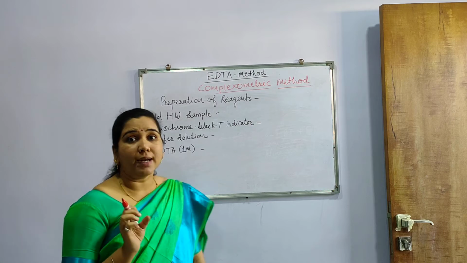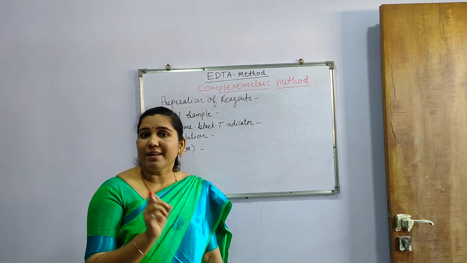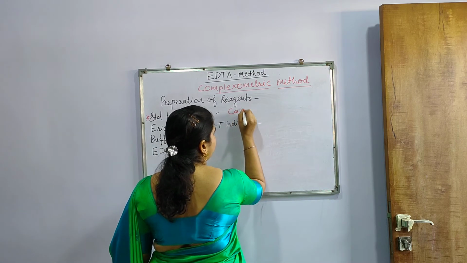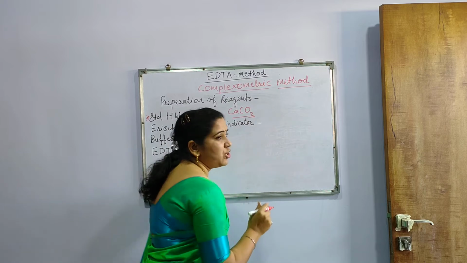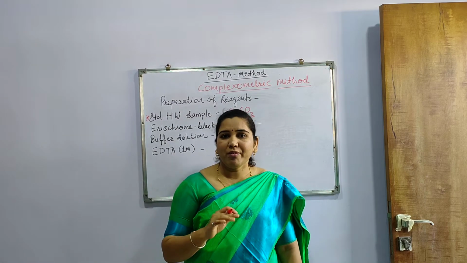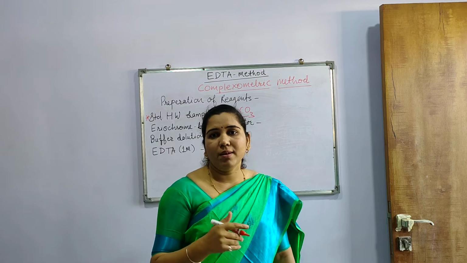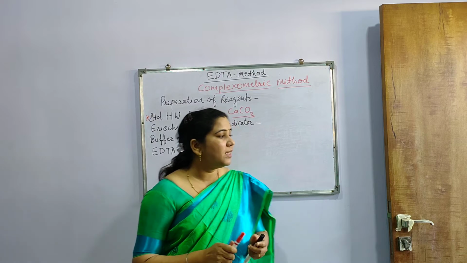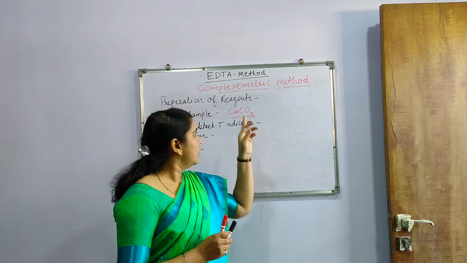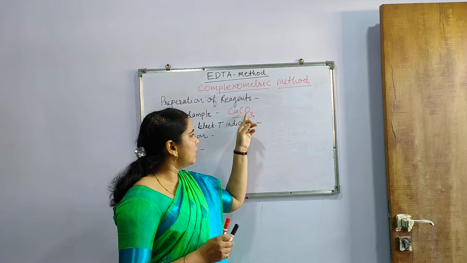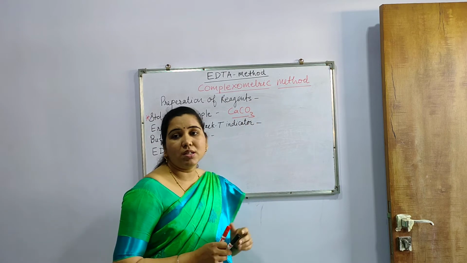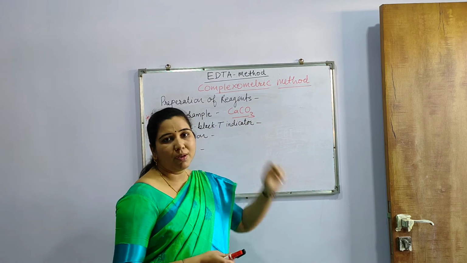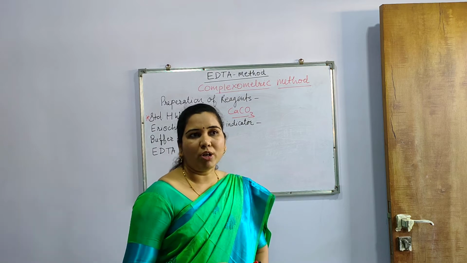Here, as it is a standard hard water sample, we have to use a standard reagent to prepare it. Now which type of standard reagent is to be used? That is known as CaCO3, calcium carbonate. Why are we using this particular reagent as a standard hardness causing salt? Because its molecular weight is 100: calcium 40 plus carbon 12 plus 3 oxygen, which is 48. So 48 plus 12 plus 40 is 100. So its molecular weight is 100.